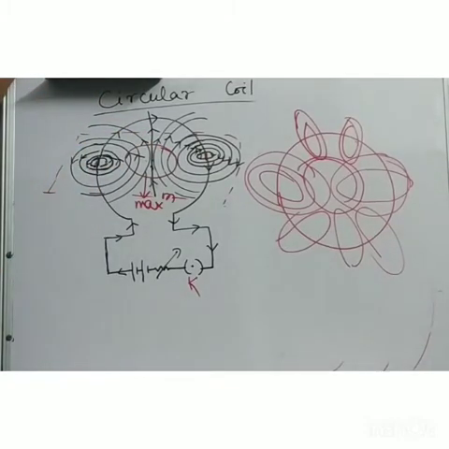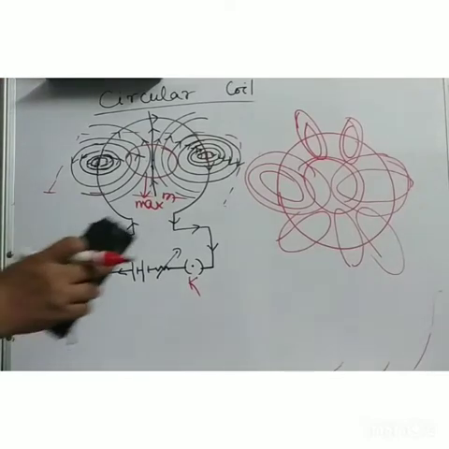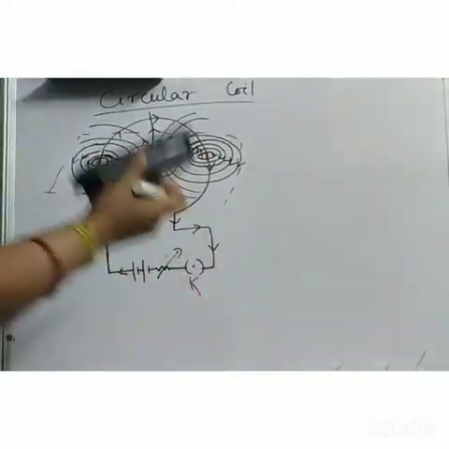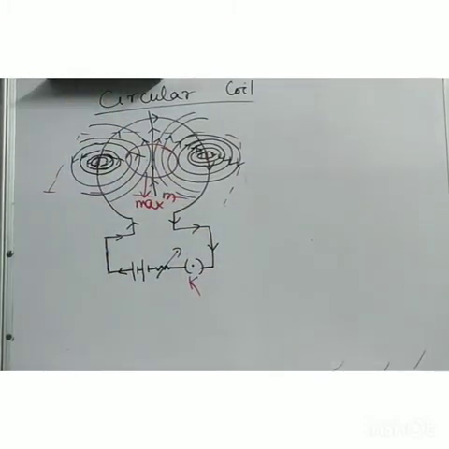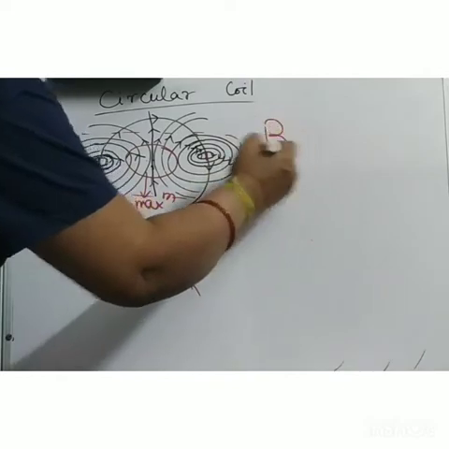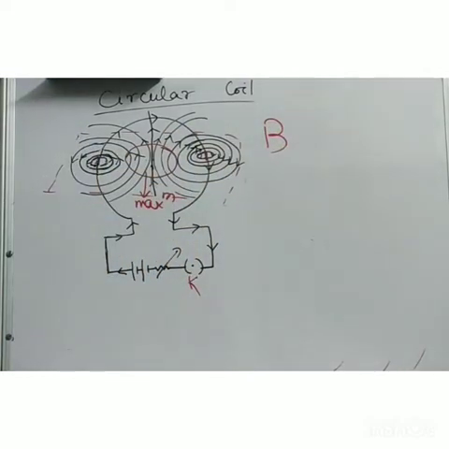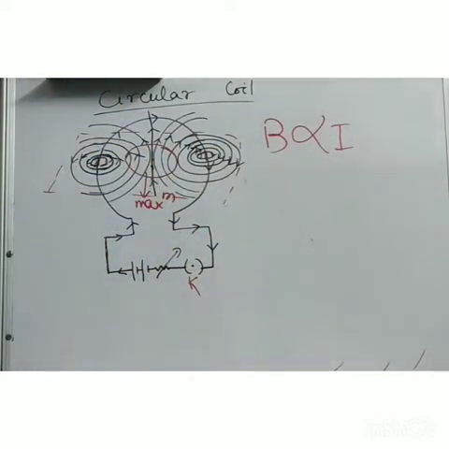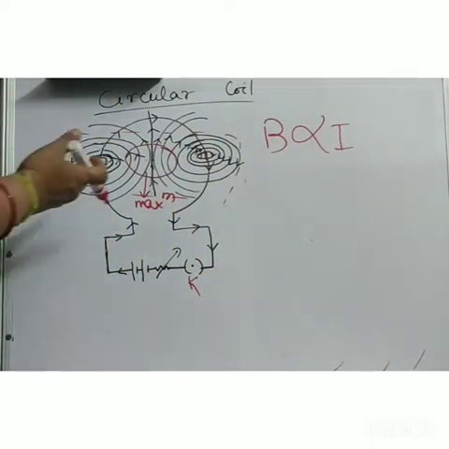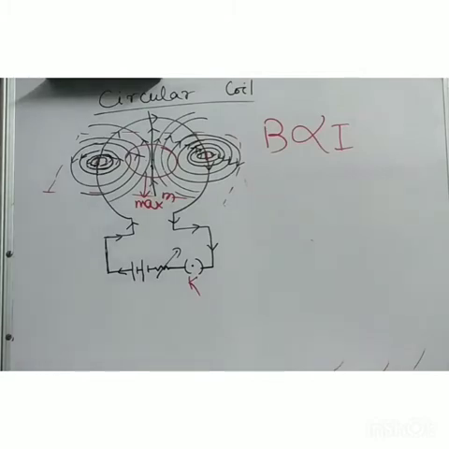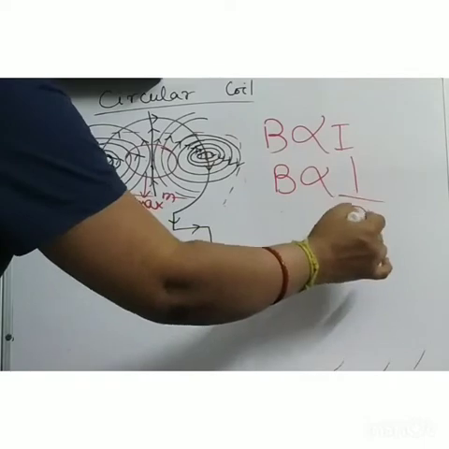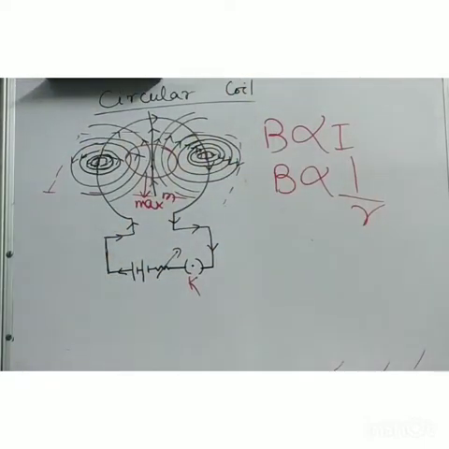All these points are clear? Okay. Now, we have discussed the magnitude of the magnetic field. The magnitude of the magnetic field B depends on what? It depends on the strength of the current. We have already discussed this, and it is the same in this case also. If you increase the current, obviously the field will be much stronger. And it is inversely proportional to R.